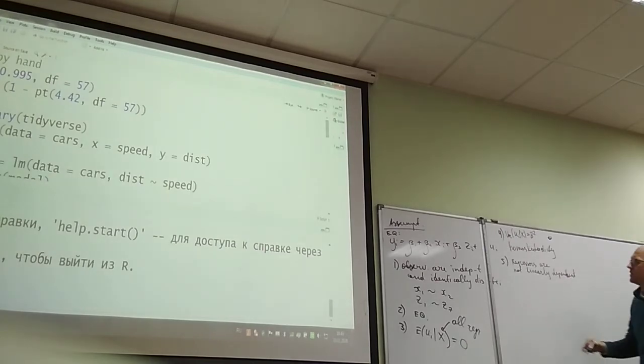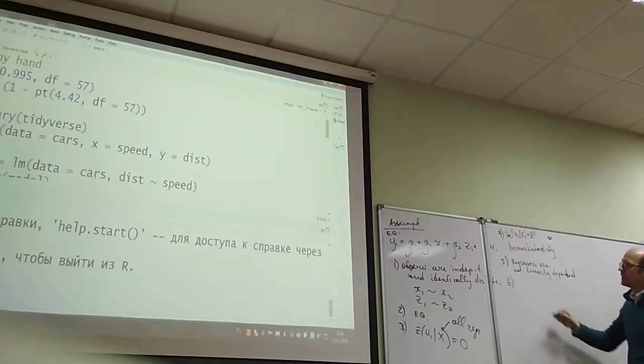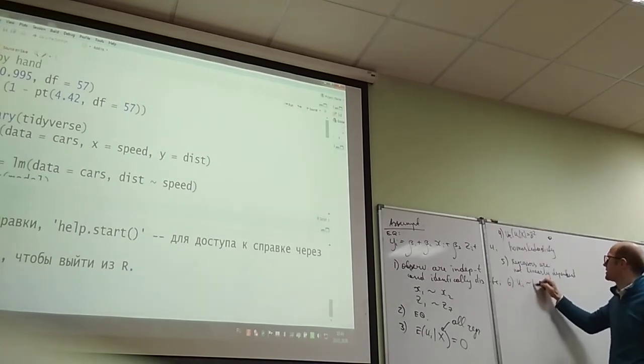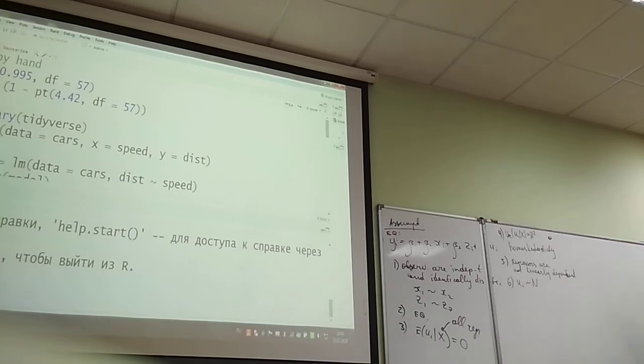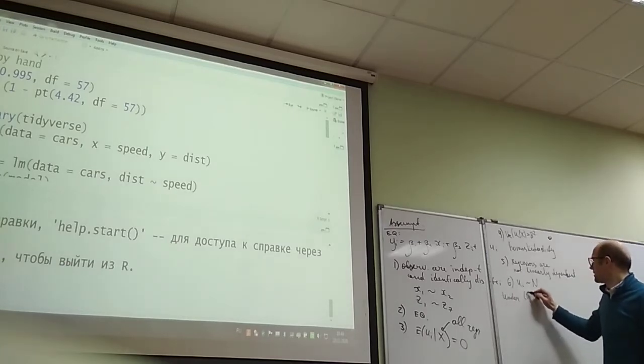I think that's pretty much all. And 6, for example, that u has normal distribution. I think that's all. And under these assumptions, under 1, 2, 6,